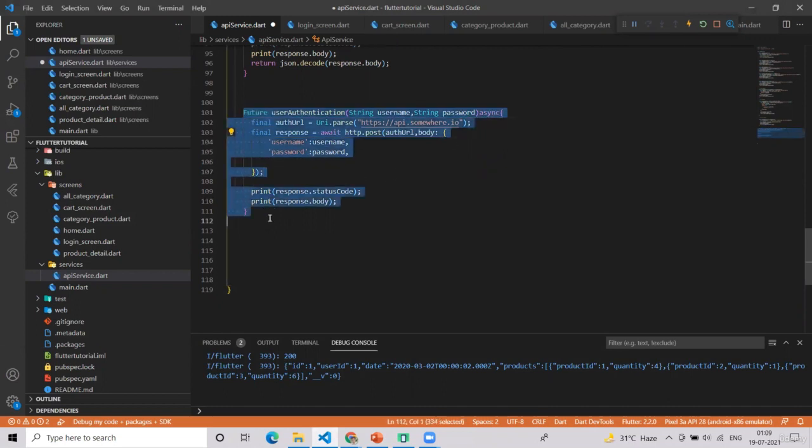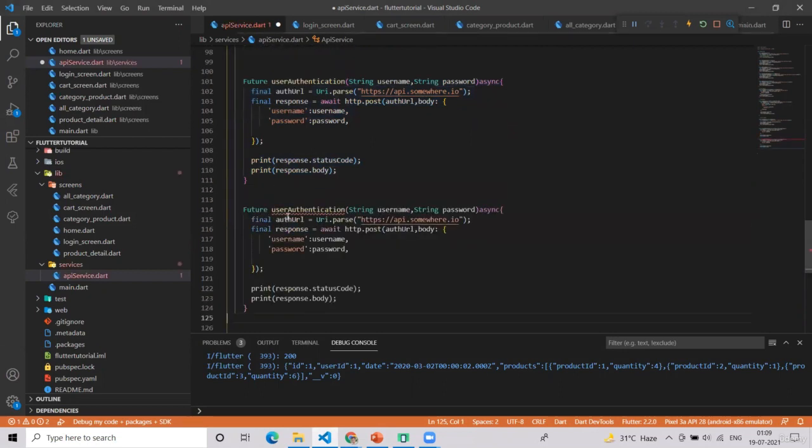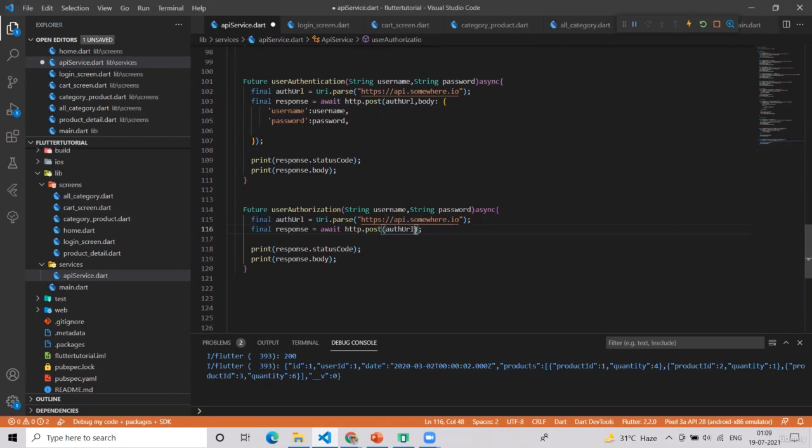Okay, I will just create another function so that you will remember: user authorization. Now I will remove this body thing, and since we are not using body, we can give a get request as well, because we are sending the details via headers.